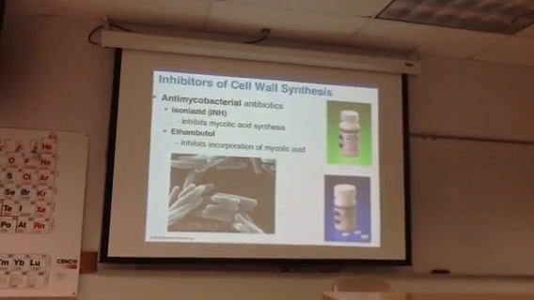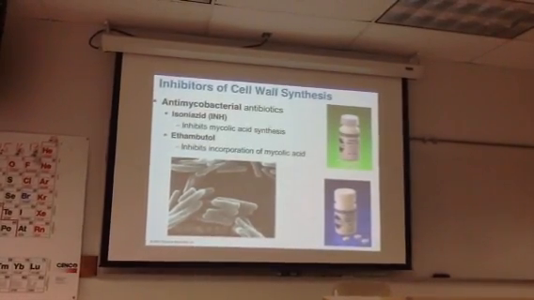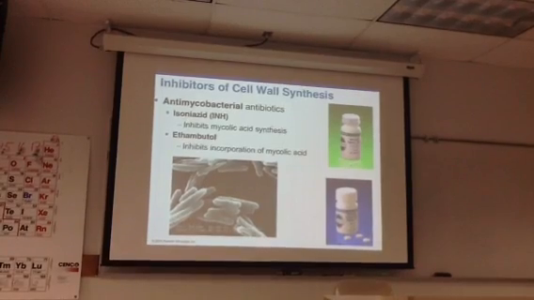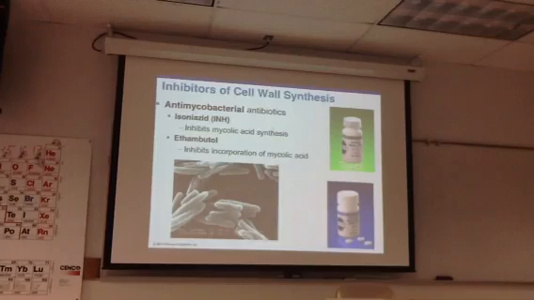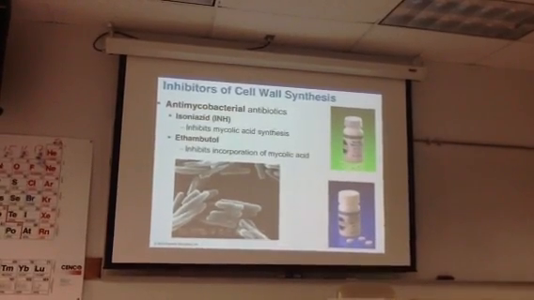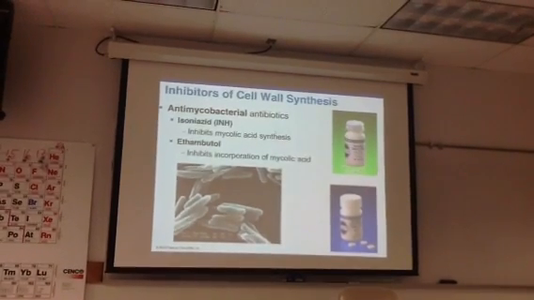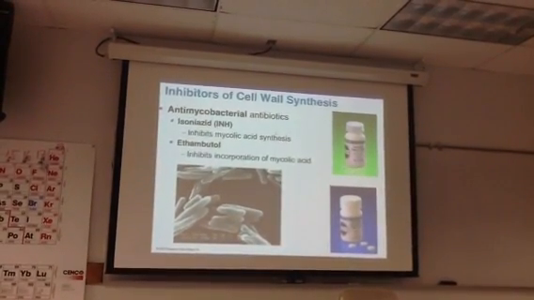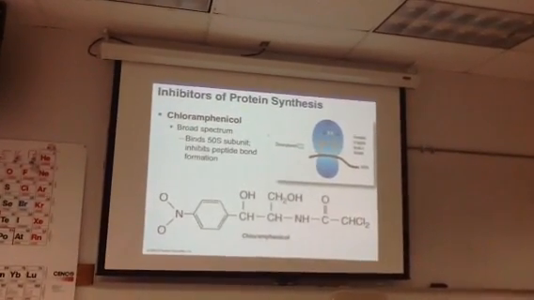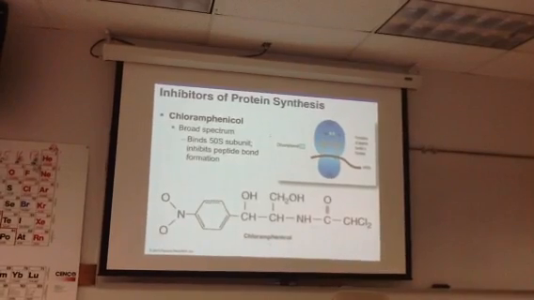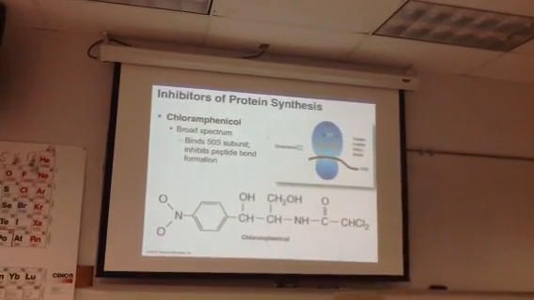However, if you have a mycobacterium, you need to take an anti-mycobacterial drug. Because where is the mycolic acid? Where's mycolic acid found? In the cell wall. So yeah, you are inhibiting the cell wall synthesis, but you have to take an anti-mycobacterial. To inhibit protein synthesis, know the mechanisms. You can bind to the